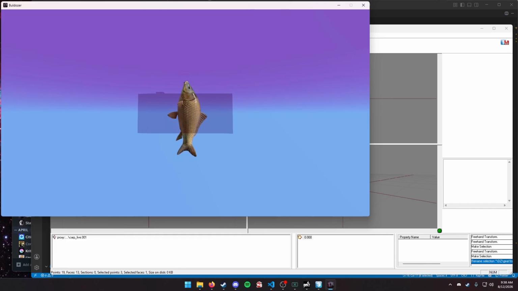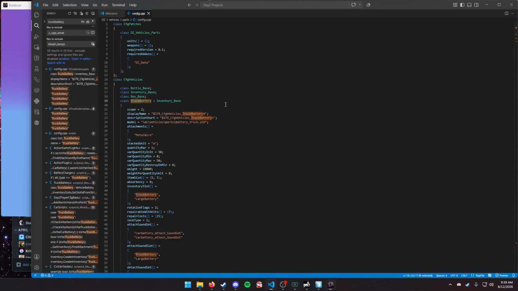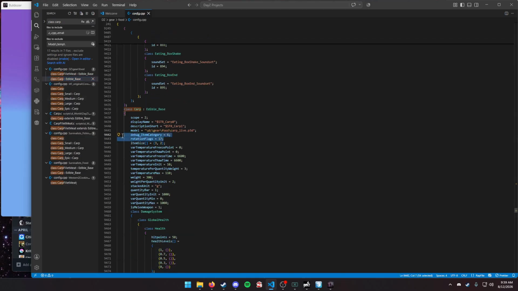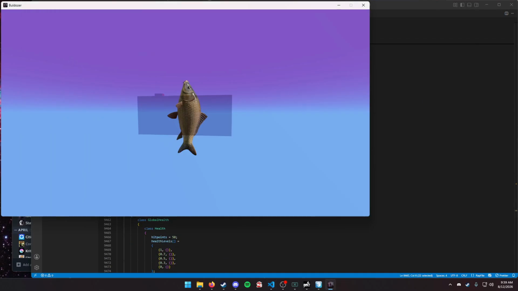And so like the battery itself was flat on the surface. I guess you called it the X and Z axis, or Y is pointing up and down. And so it made it for pretty simple sort of conceptual understanding that it's going to sit flat on the ground and orient itself correctly. Whereas in this case, the fish is pointing upwards. And so this is kind of where rotation flags come into play. You'll see here that there is a rotation flag 17, which means most likely it's going to be rotated forward onto its side, and then